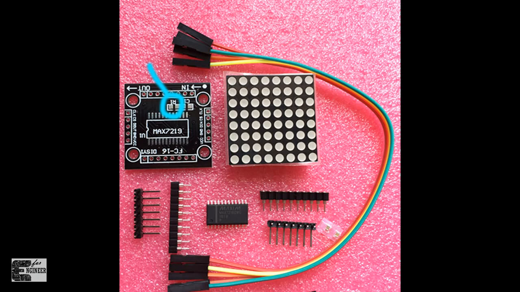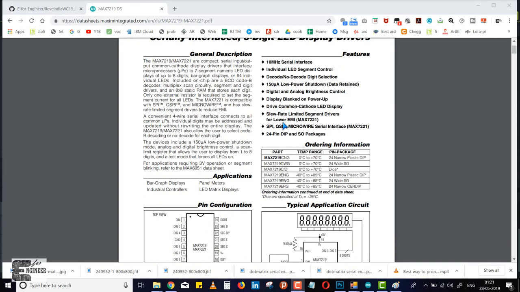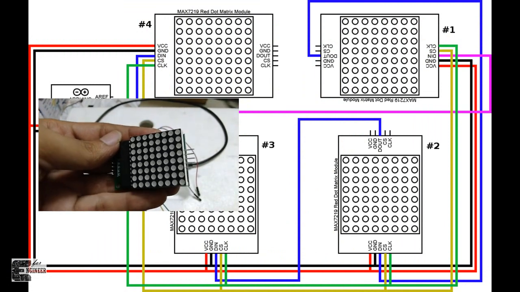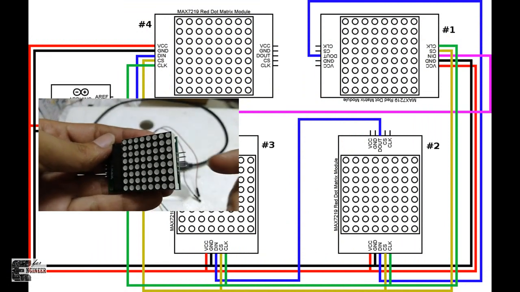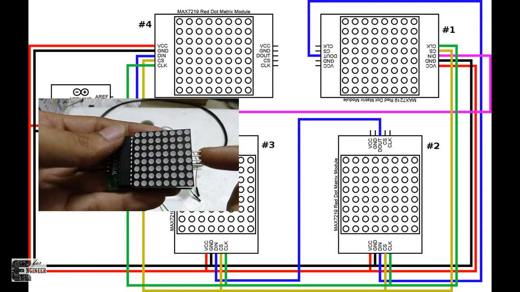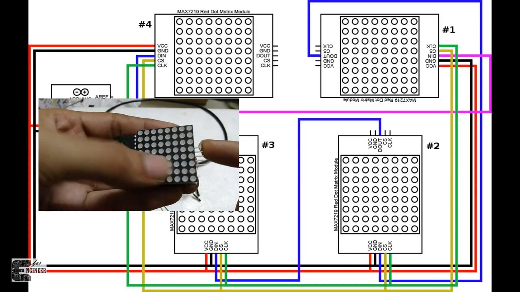If you remove this dot matrix from the module, you will find one resistor. This resistor is used for setting the brightness or the current flow to the LEDs. If you want to know more about the MAX7219 driver IC, please go through its datasheet which is available on the internet. We can also connect another dot matrix in serial with this through these pins. We have to give this data output pin to the data input pin of the other 8x8 matrix. Like this, we can extend the dot matrix sections.